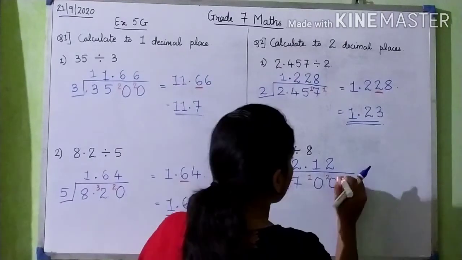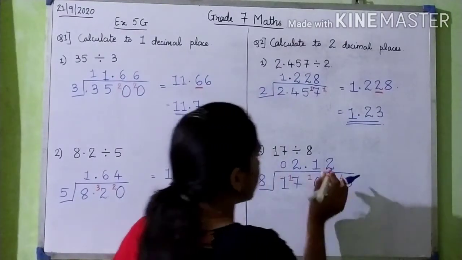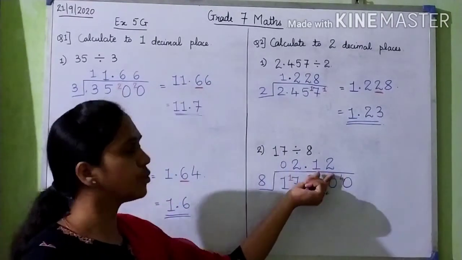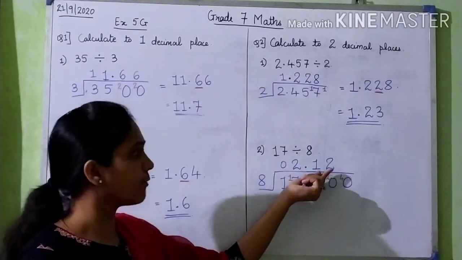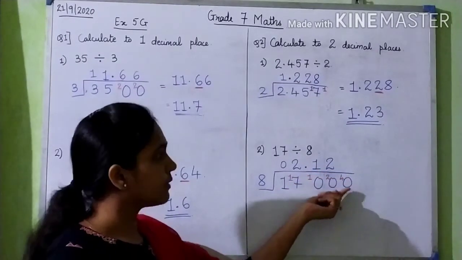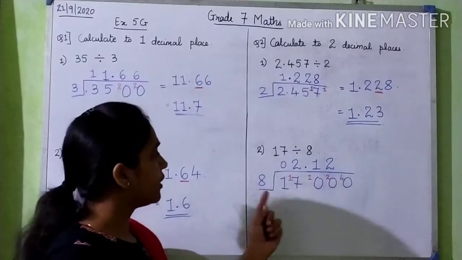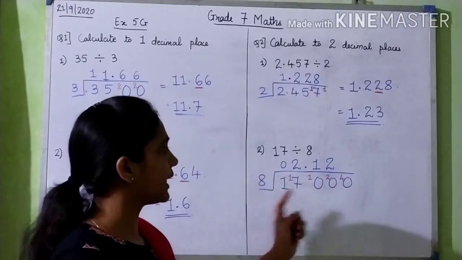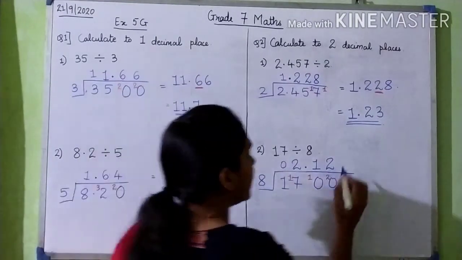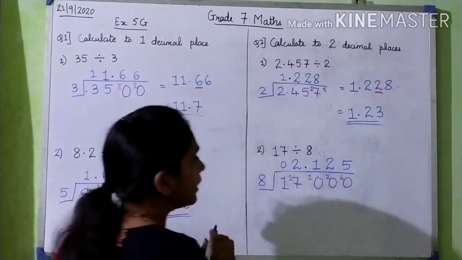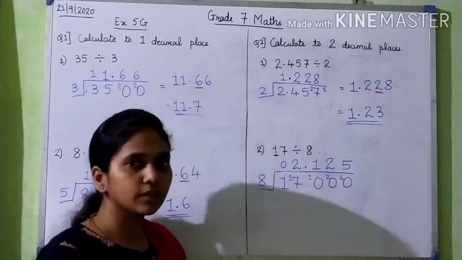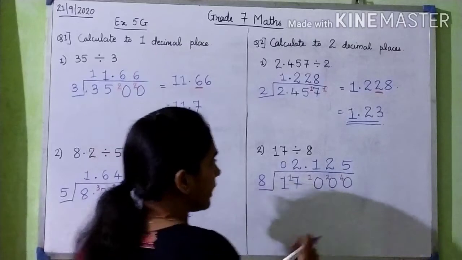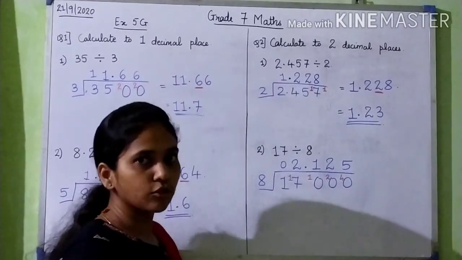So 4 is carried. See here, up till now we have found only 2 digits after the decimal point. We have to find 3 digits. So I will take this division also. So 8 and this is 40. We know that 8 5s are 40. So I write 5. So now I have got 3 digits after the decimal point. So I stop here, and the division has also ended.